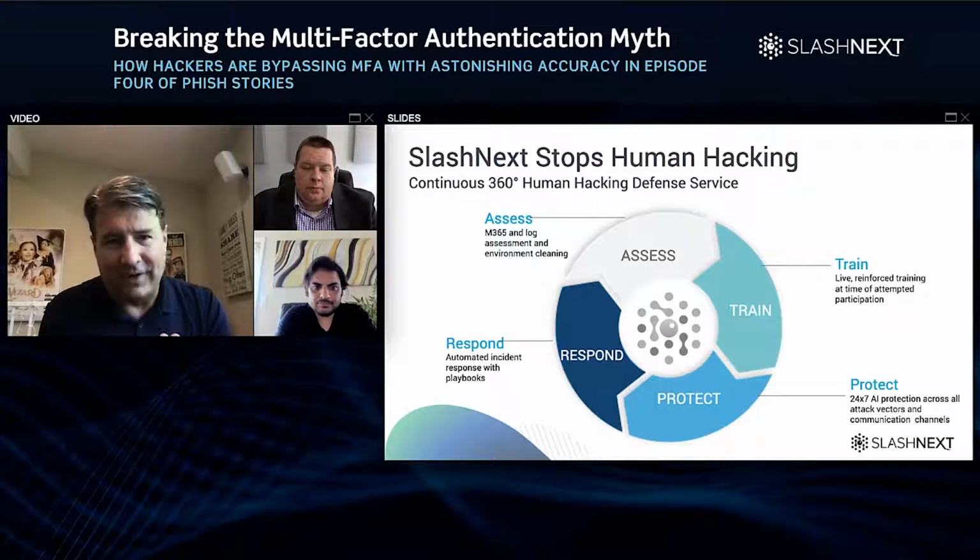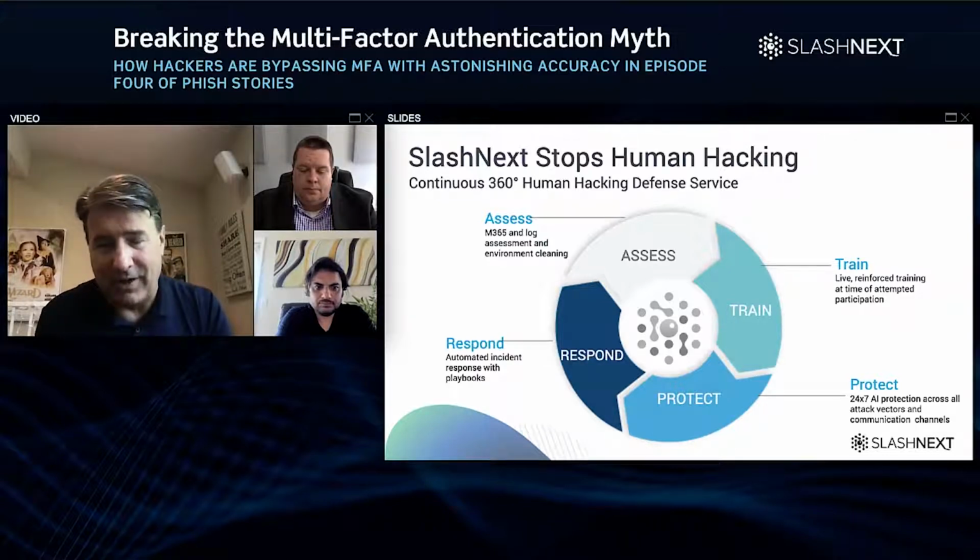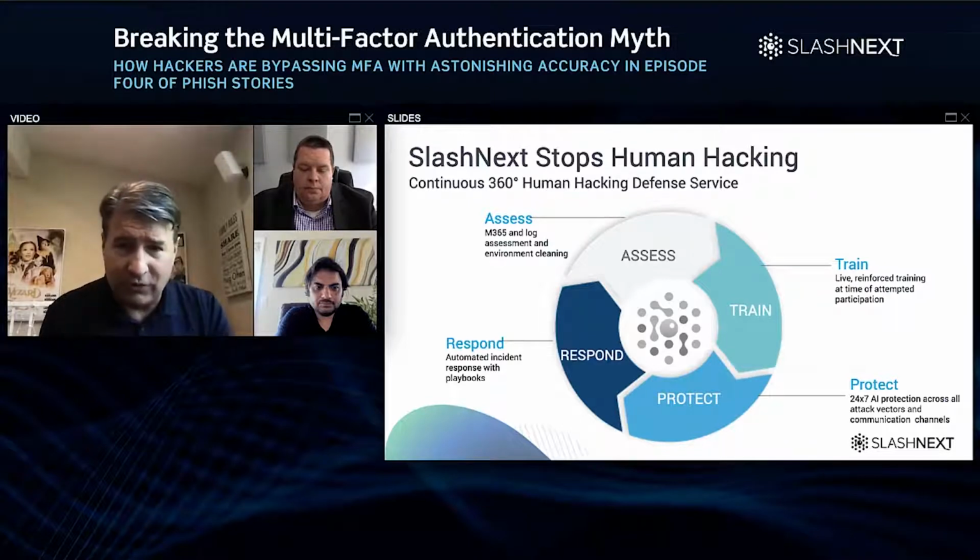I believe you have to take a holistic approach, what it characterizes as a 360-degree approach to stopping these human attacks, right? Prevent these social engineering attacks, these phishing attacks, targeted spear phishing, smishing, account takeover, business email compromise, rogue software, which lays in ransomware and malware. The only way you can do this, again, is take a holistic approach. And so we do just that.